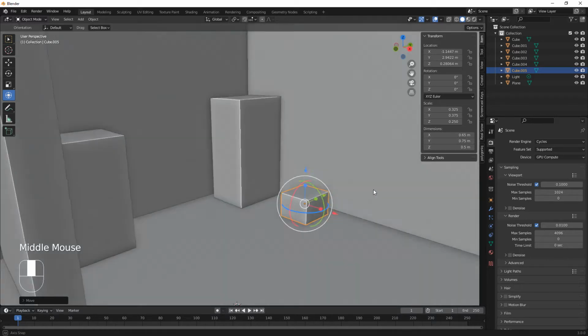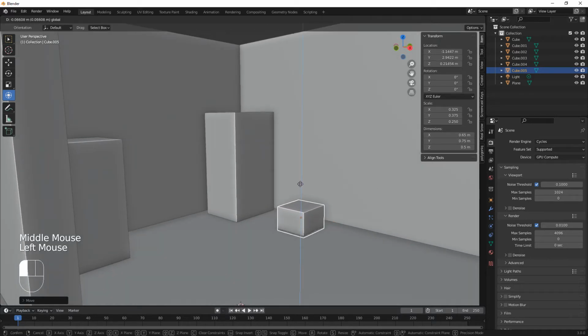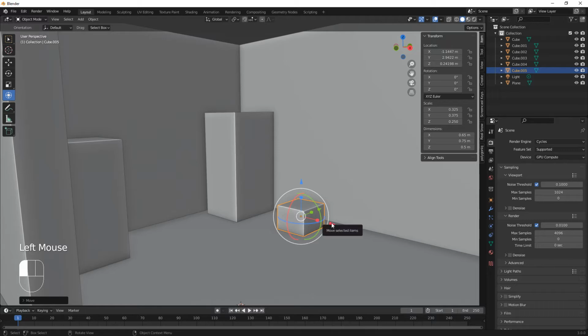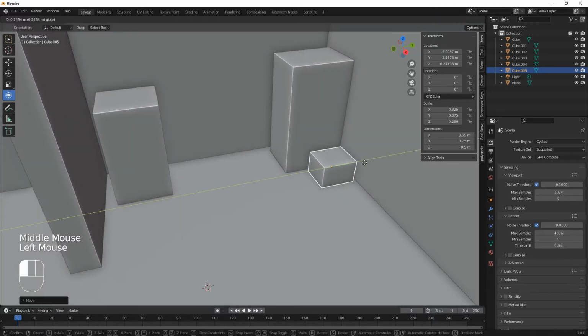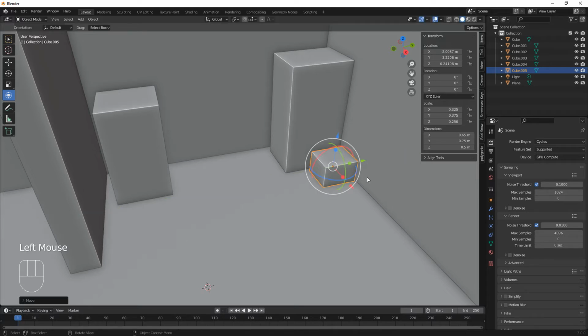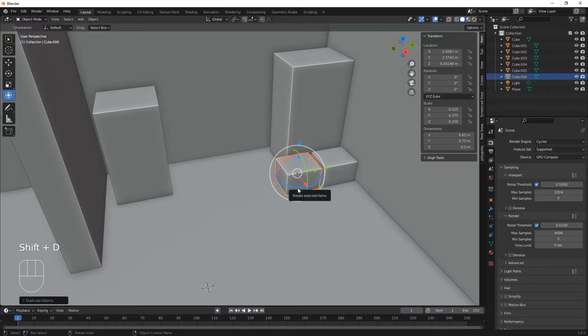Okay, and there's a couple of boxes on the floor, so we're just going to chuck one. This is where they are actually on the image. I'm going to put one there, and also there's another one. Shift D on the Y, and then we're just going to rotate that,